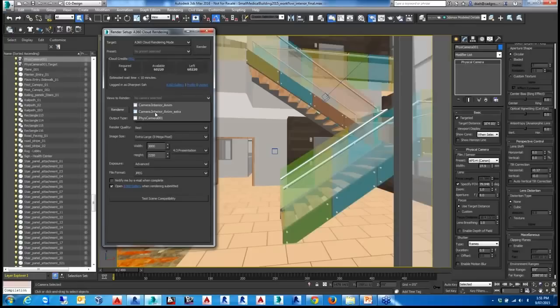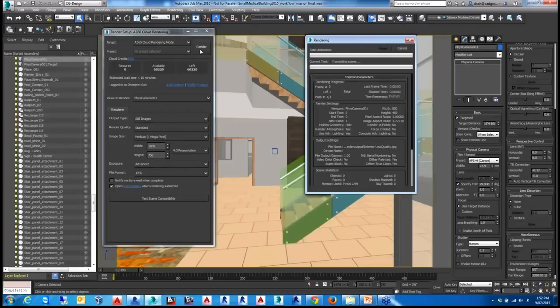Okay, sorry, we have to select the camera. So I might select the physical camera, and this is where it will start updating. So for example, if I use a normal small size, let's say 1 megapixel, it shows we are required to use 1 cloud credit. If I just use normal standard, still it will be 0. So if I'm doing a draft rendering, I might just select a very simple normal setting over here and send it to the cloud. Now what happens is if I click on render,